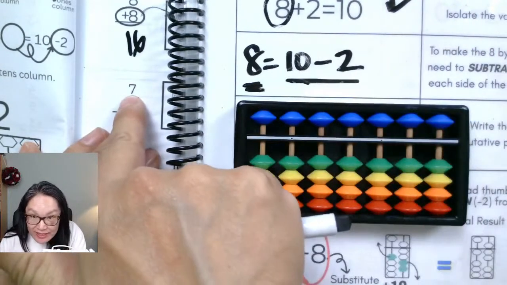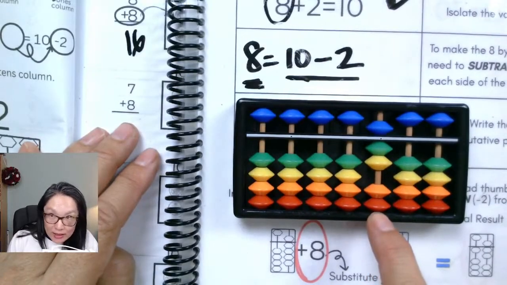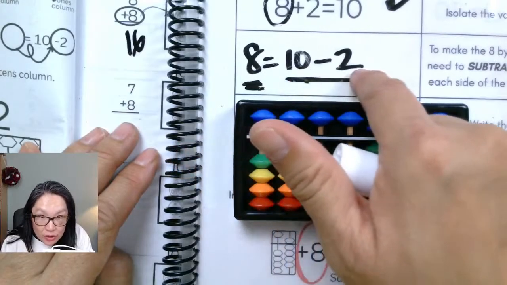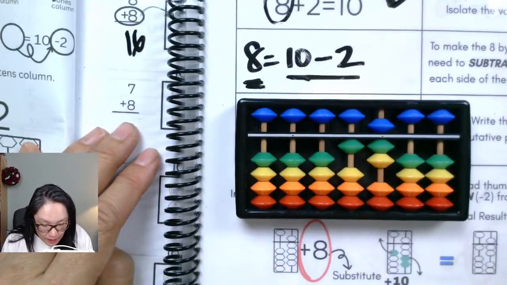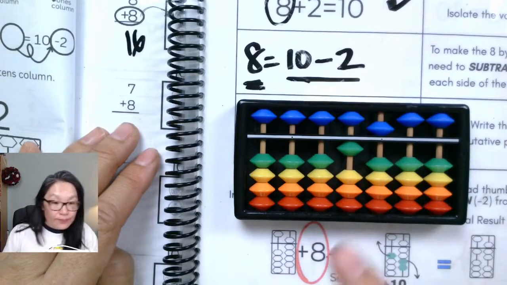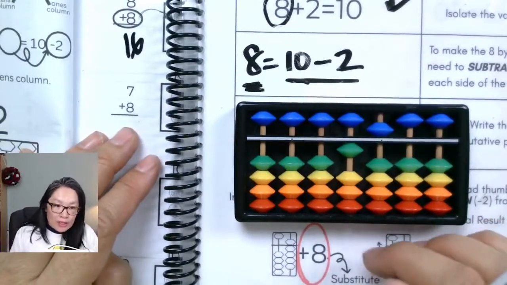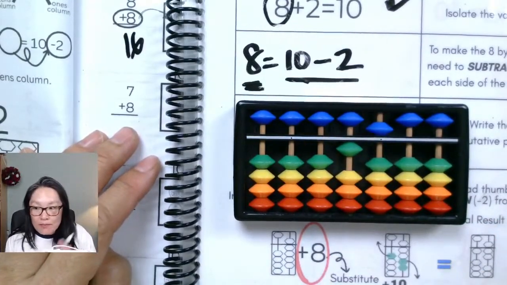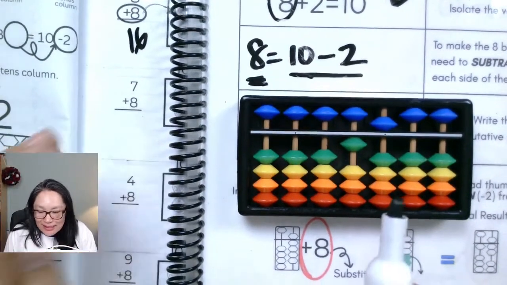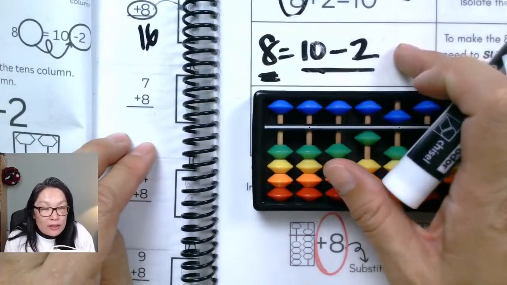And so when we add the 7, we want to add the 7 to the abacus. Can I add the 8? No, we can't. So what do we need to do? We need to add the 10 minus the 2. So we're going to plus the 10 and we take away the 2. So my final answer is 15. Does that make sense? So what we're trying to do is understand and utilize a concept, not necessarily memorize doubles. That's not even a thing. That can't be a thing. And making sure that we understand that we're using